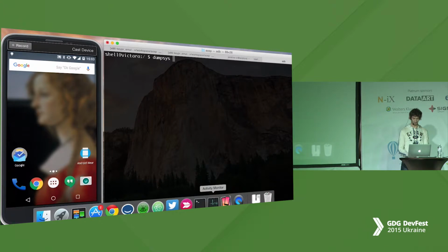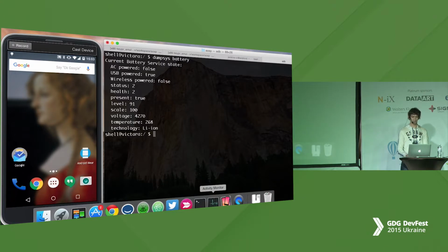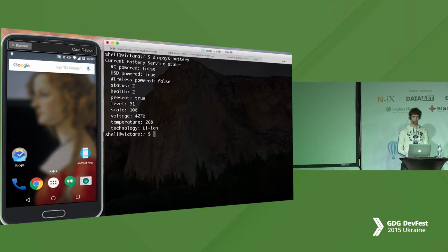if you type dumpsys battery, you will get basic information about your battery. You will see what type of charger is connected. In this case, it is USB. You will see the battery level 91 and the maximum value for the battery level 100. The type of your battery, its temperature is actually 26.8 degrees Celsius. And